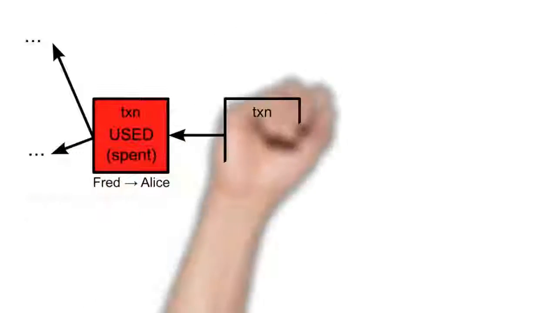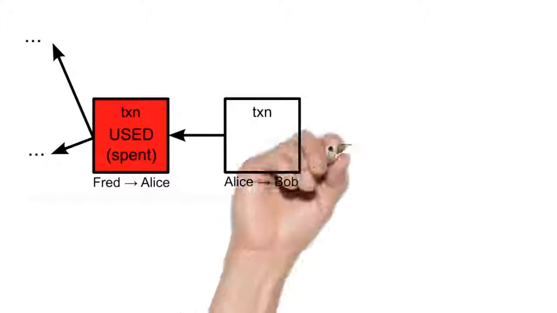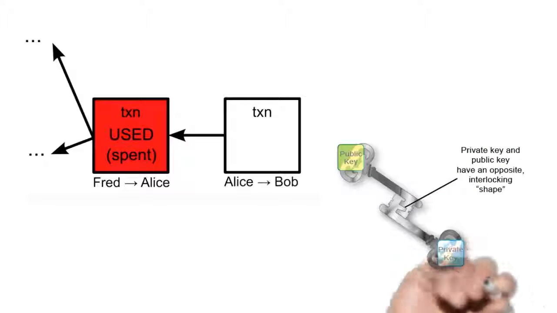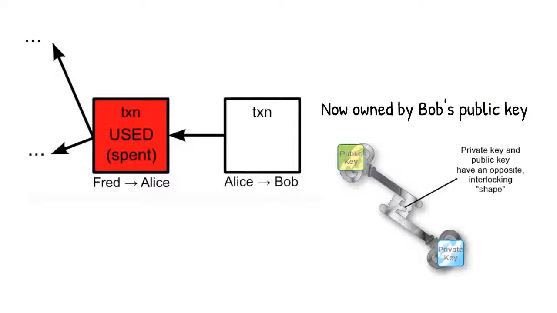Finally, you have to prove the Bitcoins you're sending haven't already been spent. As soon as the end of the reference transaction chain is assigned to someone else's public key, it is marked as spent, so you no longer own it. It now becomes an unspent transaction belonging to the public key of the next person in the transaction chain.